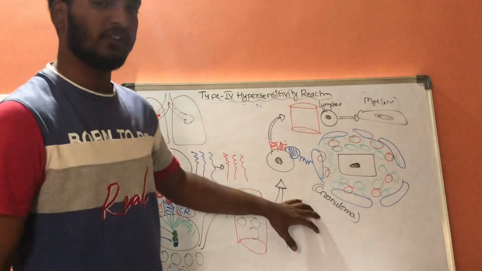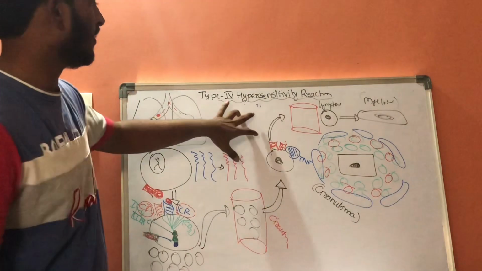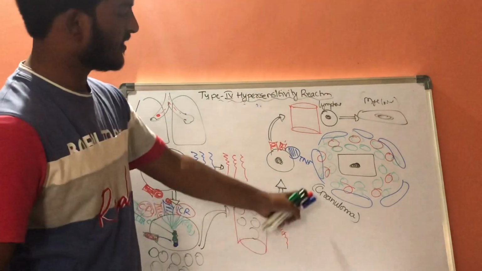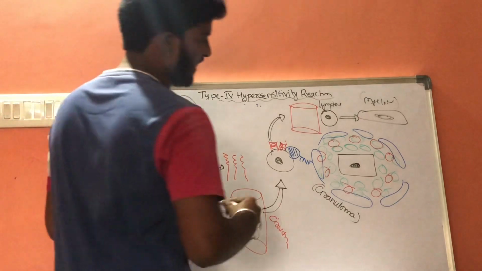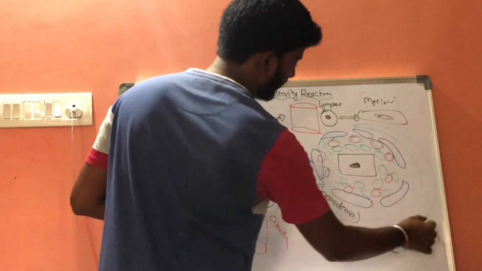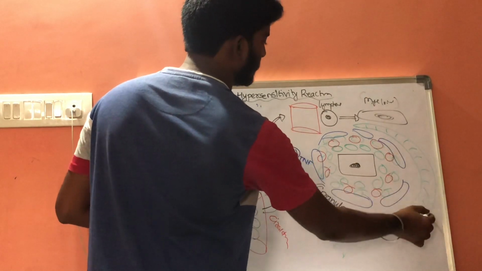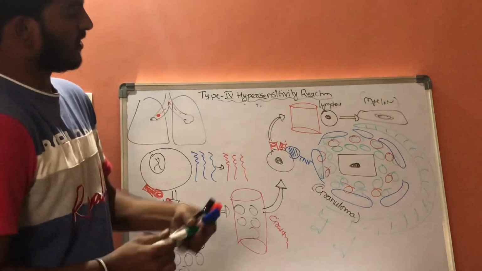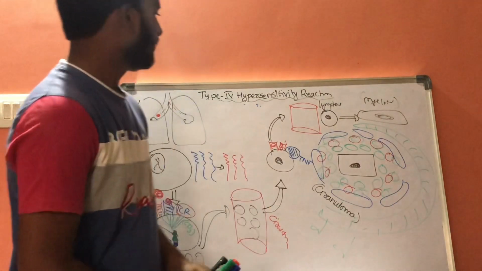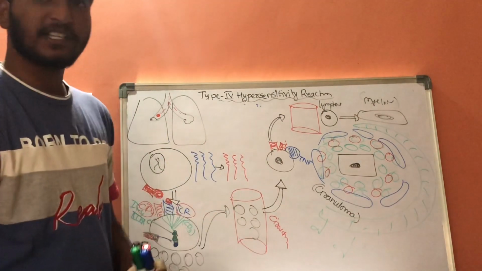After formation of the granuloma, it undergoes an inflammation process. The formation of granuloma is the characteristic feature of type 4 hypersensitivity reaction, that is delayed type hypersensitivity reactions. After forming this granuloma, neutrophils will get attached here. With the help of the inflammation process, this granuloma will get digested. So this is a type 4 hypersensitivity reaction, that is delayed type hypersensitivity reactions.